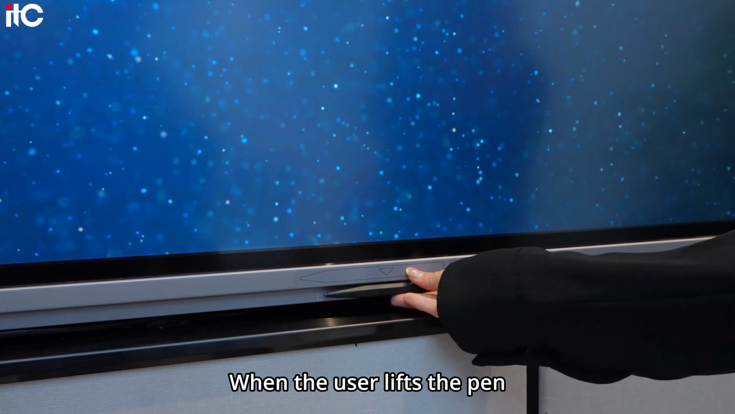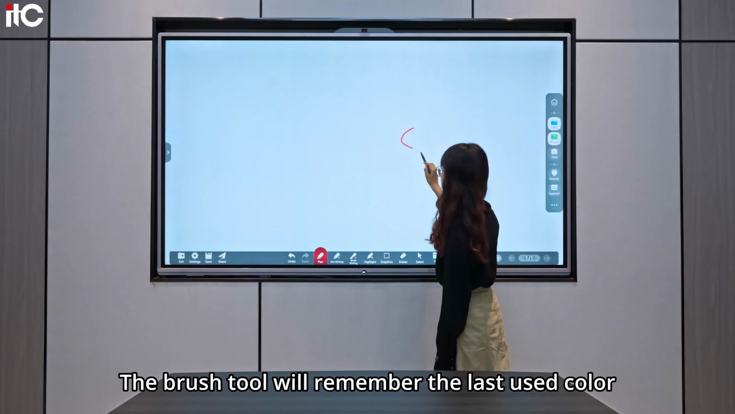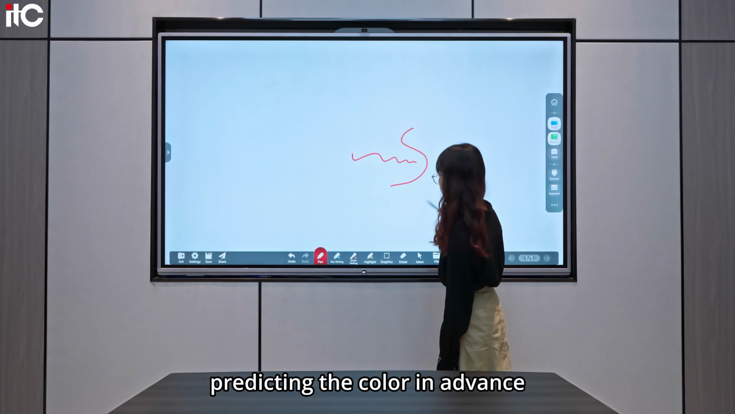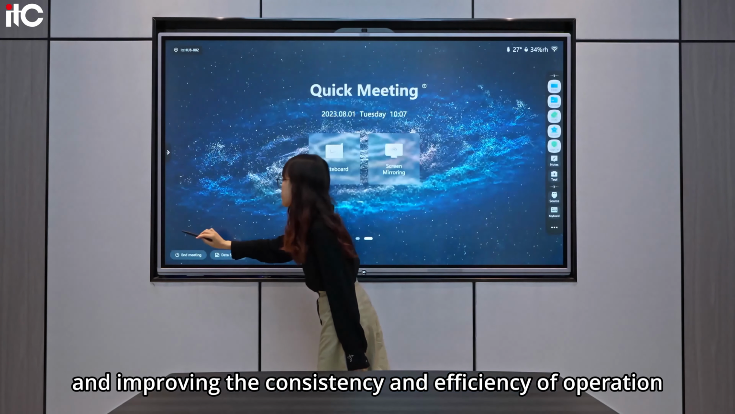When the user lifts the pen, the system will automatically detect the action and pop up the quick access to the whiteboard and annotation functions. The brush tool will remember the last used color, predicting the color in advance, and improving the consistency and efficiency